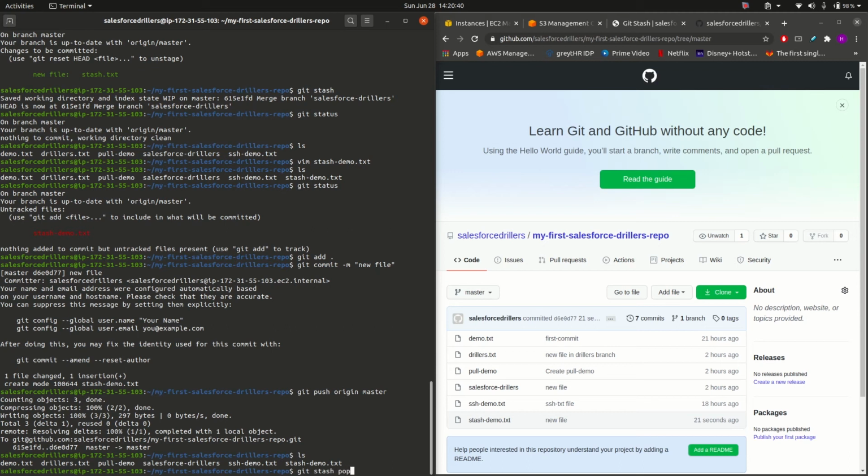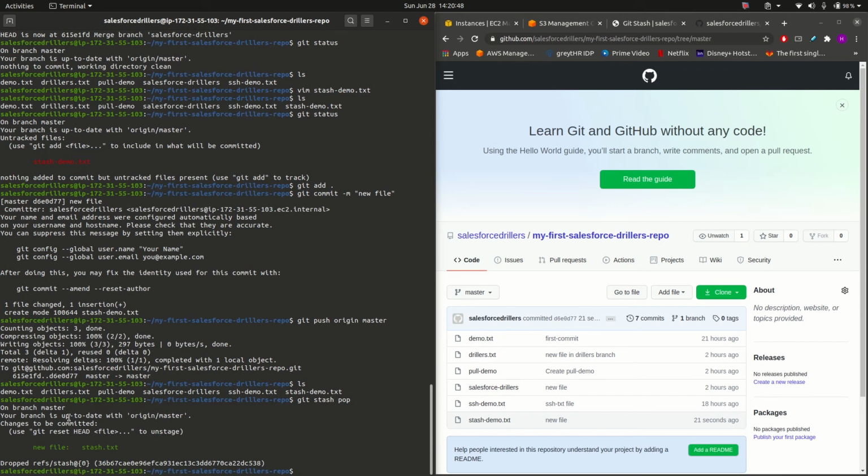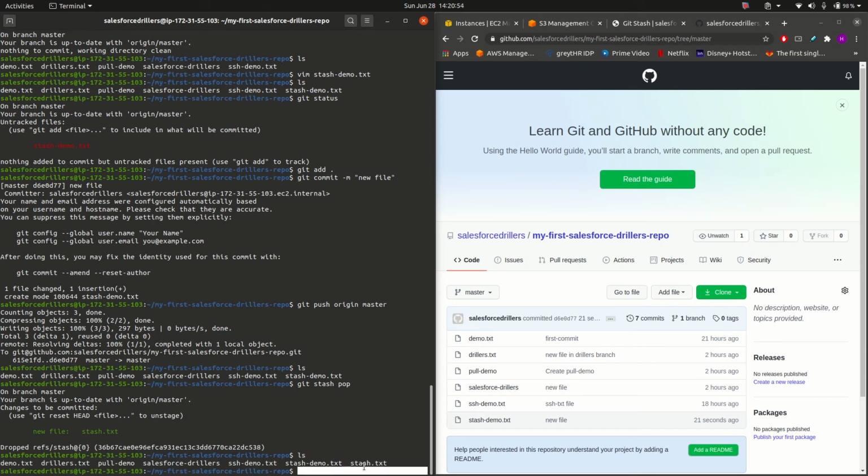pop. Now what this command will do is bring the stash.txt file back in the frame. Let us press enter. As you can see, it has again brought this file stash.txt in the frame. If I do ls, yes, here it is.